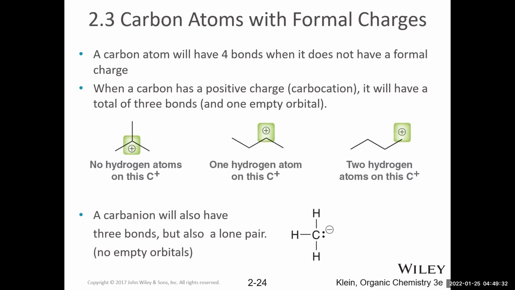Okay, what about carbon with a lone pair? Is that possible? Yes, it is. It is possible for carbon to have a lone pair. When it does so, it will have a formal negative charge. The reason for that is the calculation, right? 4 valence minus 5 assigned equals -1. And so if there is a lone pair, it should be drawn in and you should show a negative charge, to imply that we understand there's a formal charge and that carbon is now electron rich and also reactive in a different way than the carbocation was.